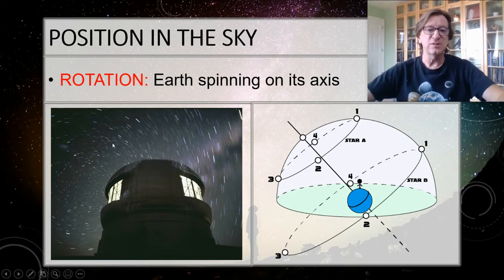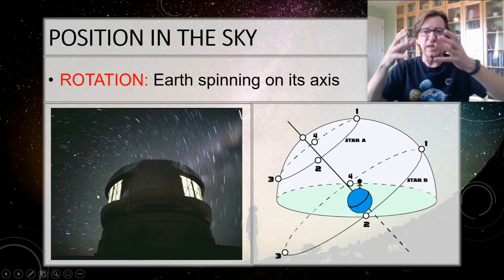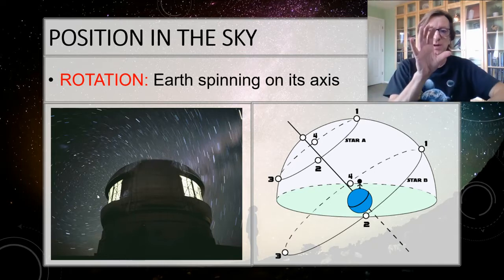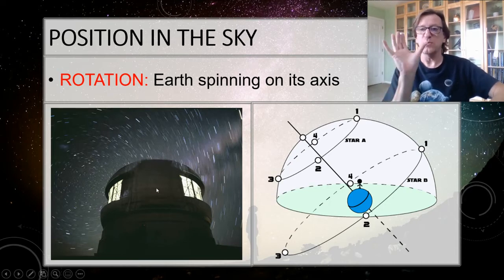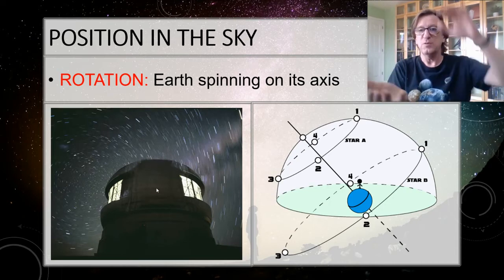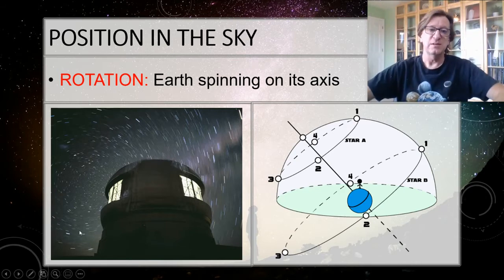So what you've got here is called a star trail picture. What they did was they had a camera sitting on a tripod and they just pointed it at Polaris, pointed it at the North Star, and left the shutter open for several hours. And then the Earth rotated, which made the stars seem to rotate. And right here, you can see that there's one star there that's not smeared. That's Polaris. It's actually pointed towards it. And all the rest of the stars, though, are smeared.